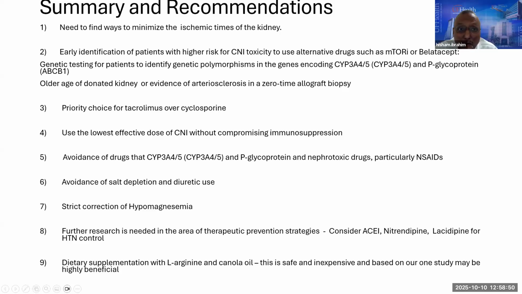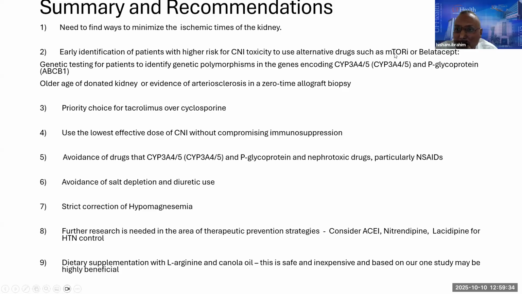Identifying patients who have donor disease and using other treatment options like belatacept or mTORs. For example, patients who are more elderly, patients who have evidence of severe arteriosclerosis in the time zero allograft biopsy, so the biopsy on the table before the transplant. Identifying those patients who have genetic polymorphisms in their cytochrome or P-glycoprotein efflux pump genes. Those patients who are more susceptible to CNI nephrotoxicity, we need to identify them and put them on belatacept or mTOR inhibitors as their primary